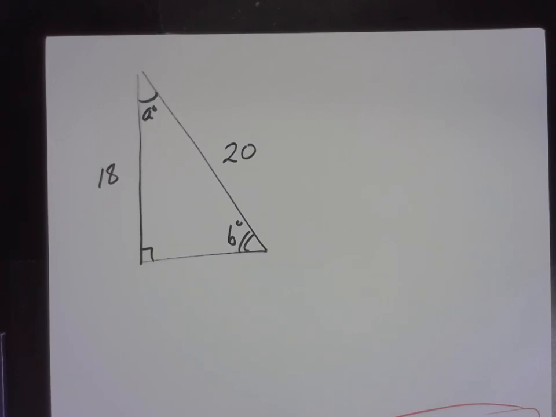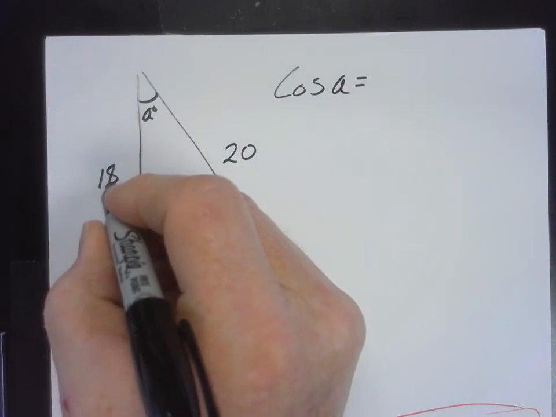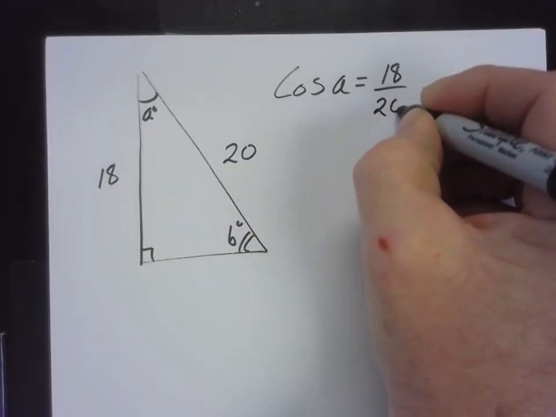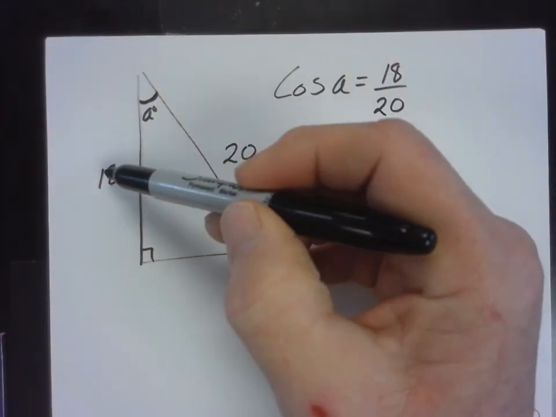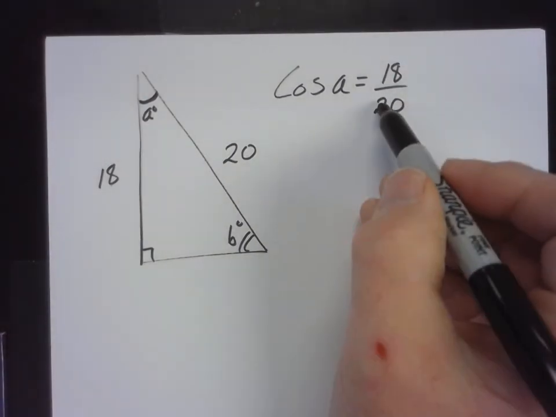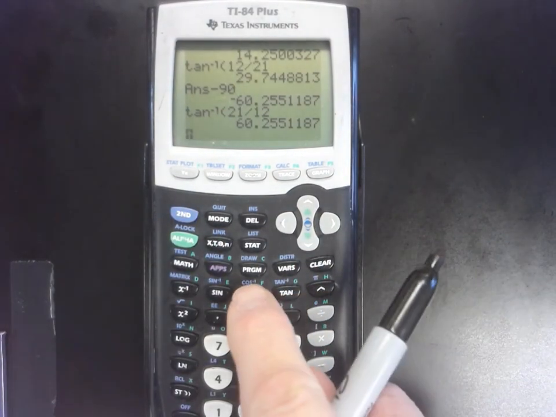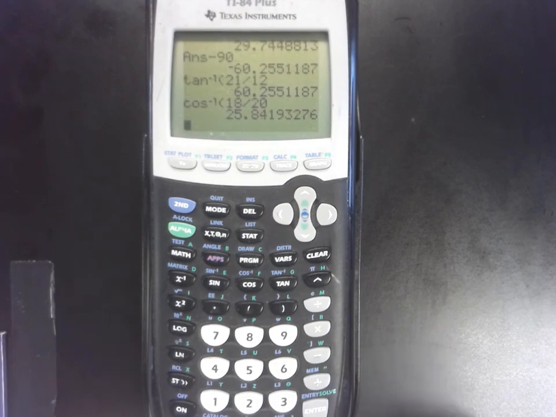Creek side of the room. Let's see. You're looking for angle A. So I hope that you looked at this and thought of a particular function. Rhett, what function did you think of? Cosine. Heck yeah! All right, so the cosine of angle A equals the adjacent over the hypotenuse. So since they're looking for angle A, 18's the adjacent, 20's the hypotenuse, you have to use the cosine, don't you? Okay? So you write this down, then you get out your calculator, and you're just like, hey calculator, what is the inverse cosine of 18/20? And it tells you